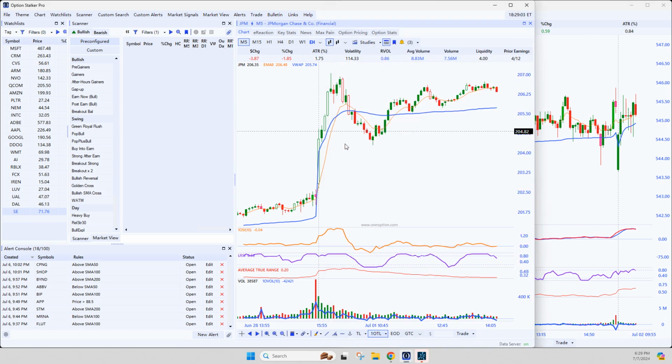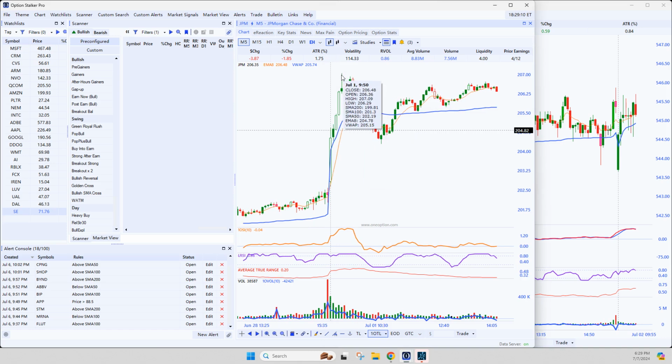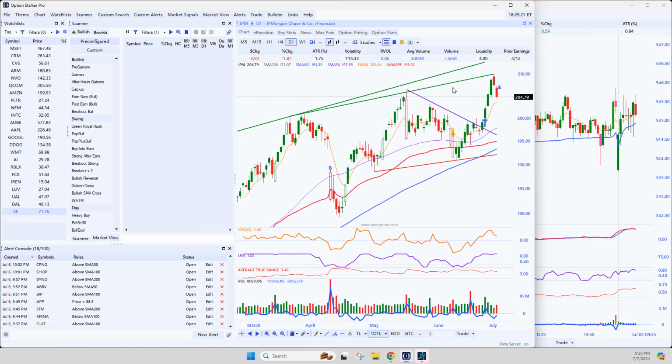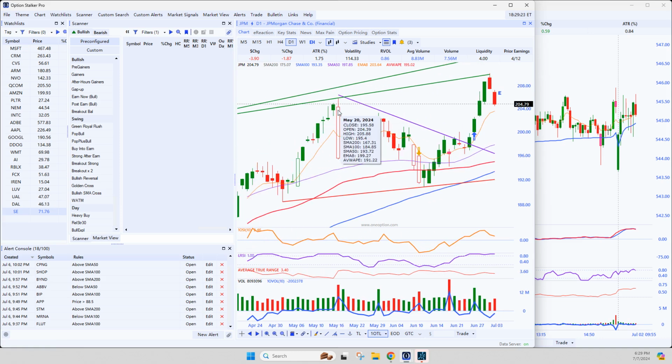But basically, JPM opened up and had some initial strength. The reason why I exited at 950 was, so the high of this is 207.09. The high of this candle, the May 20th candle, is 205.88. So it got pretty close to it, got through the high of this candle, but then it started showing some